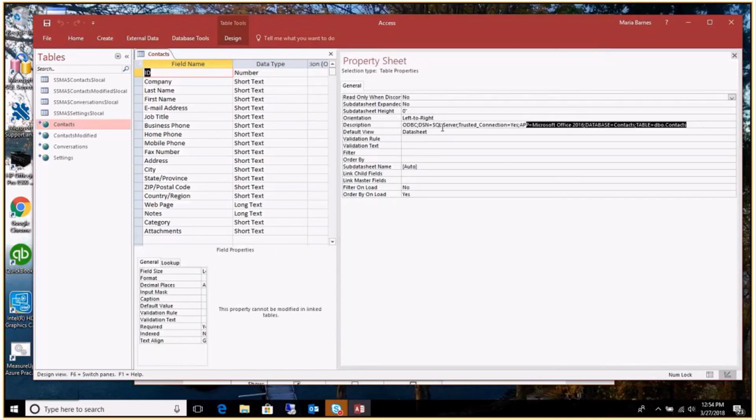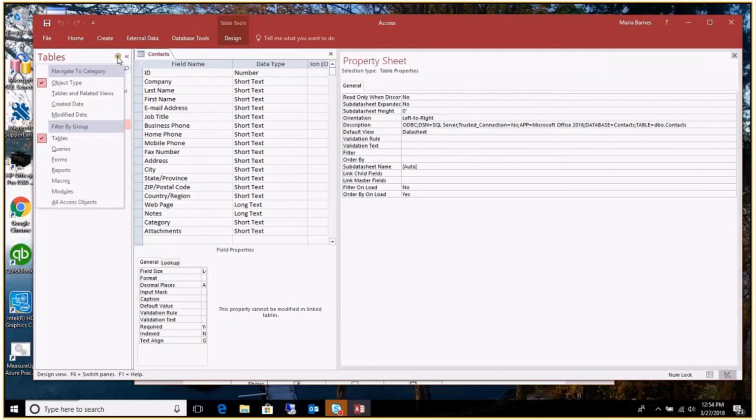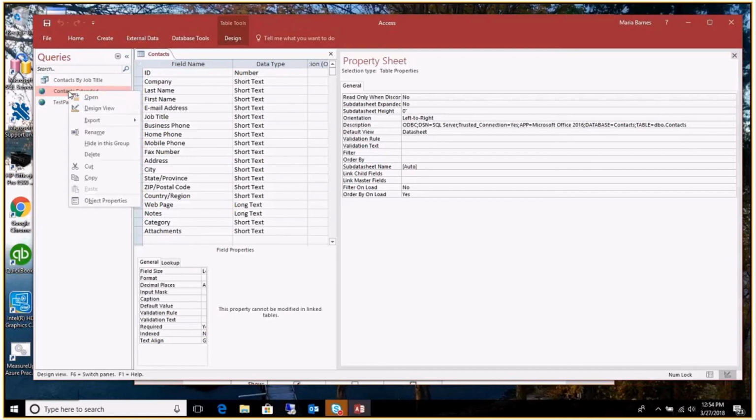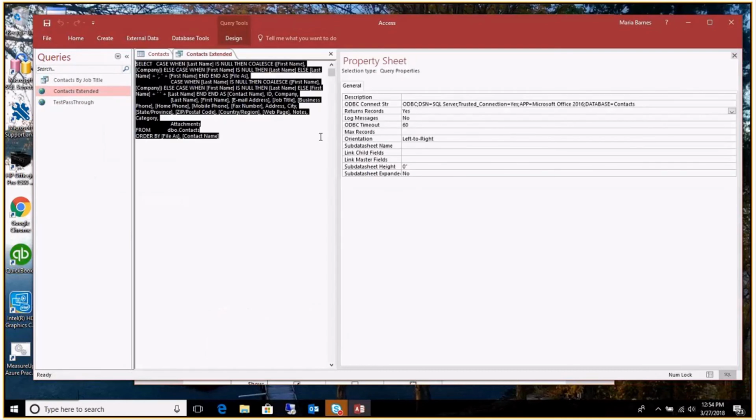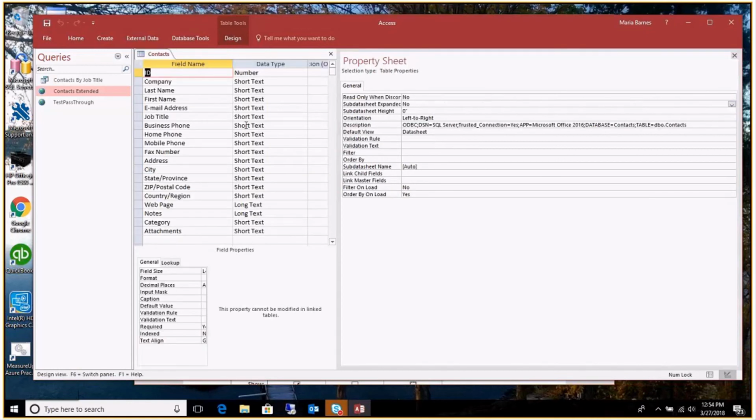I'm going to copy that, and you can do it off of a table if you don't have any pass-through queries set up already. In this case, I do have pass-through queries. It doesn't have the table after it, but if you already have a pass-through query set up, I would just look at one of my other pass-through queries and copy that. If you don't have a pass-through query set up, copy the